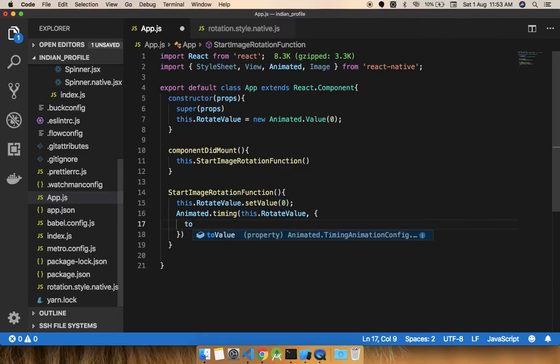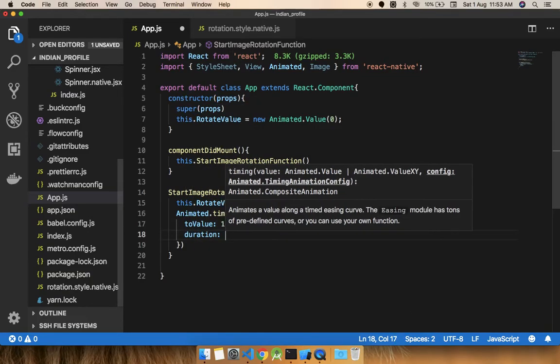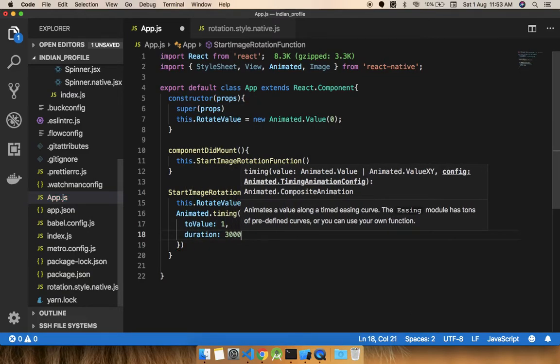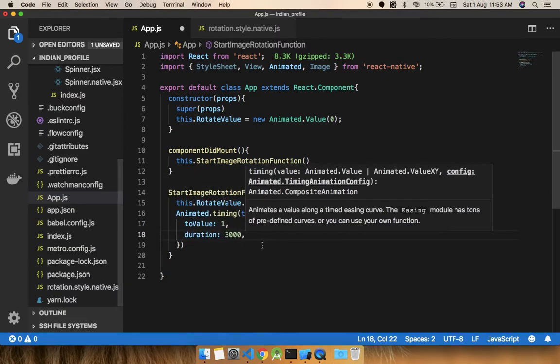So we have two values: toValue, and we need to pass 1. We also need to pass the duration, which can be 3000 milliseconds. Fair enough.